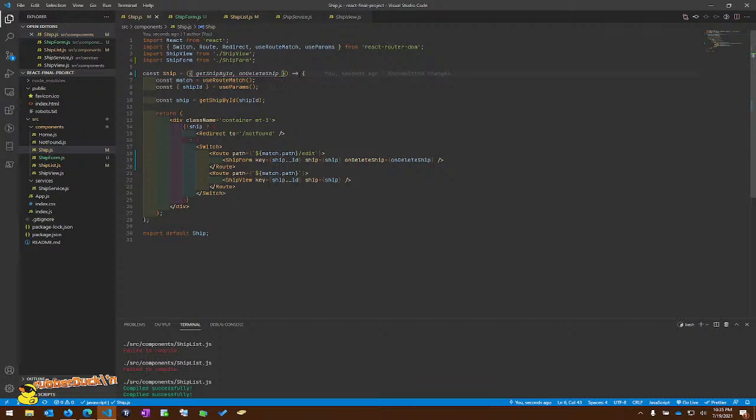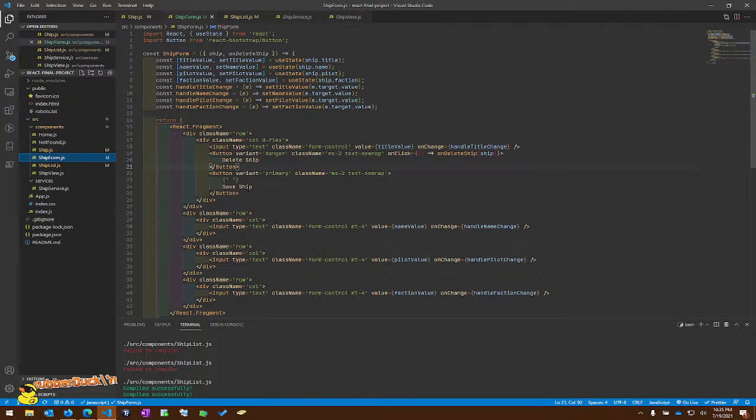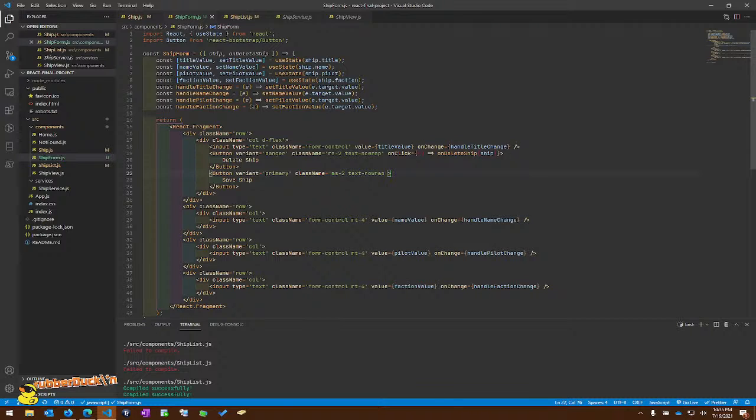We need to pass in on update ship. And that needs to pass in as a parameter on our ship form, on update ship equals our function that we keep passing down. And then our ship form, get rid of this. And similar to this,